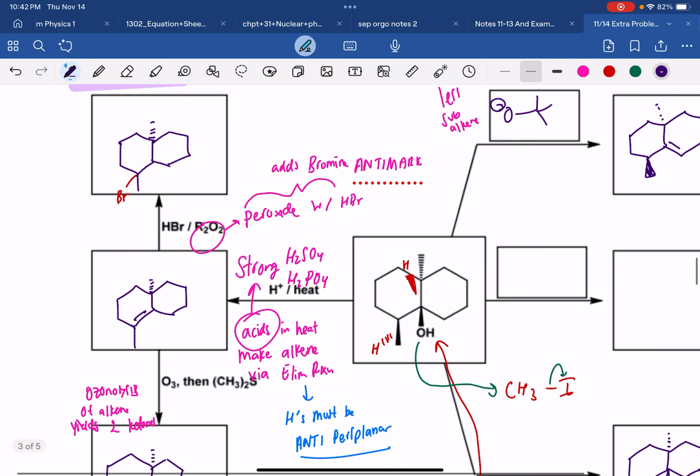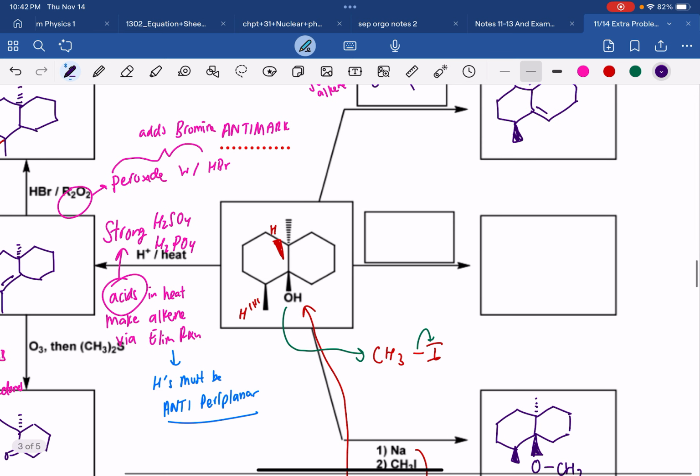So you see on the left side we made a more substituted alkene. Now we just made a less substituted one. So technically it's not duplicating the reaction, right? And then if you want, you can use different reagents here. But there's only so much you can actually do here. Maybe you can use like